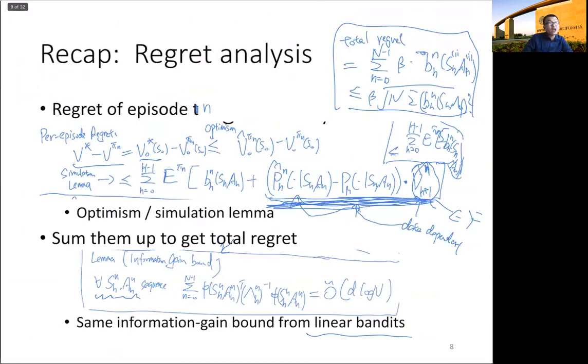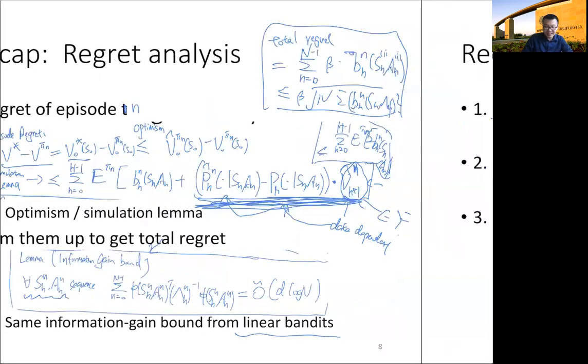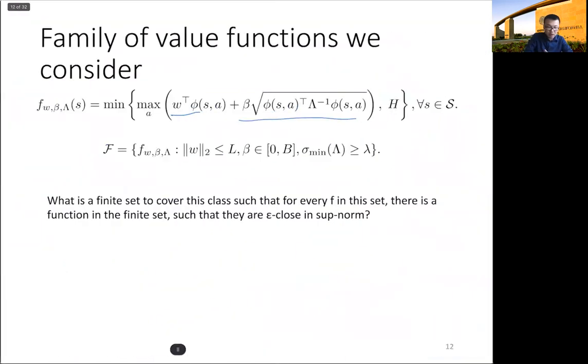Notice that the function class that we need to specify needs to be one such that no matter how the algorithm has rolled out, no matter what the input to the algorithm is, this function needs to be inside this function class. And how is this constructed? It's constructed from the previous iteration of the optimistic value iteration, and this is the equation that you use to construct this V. So V hat H plus 1 is equal to